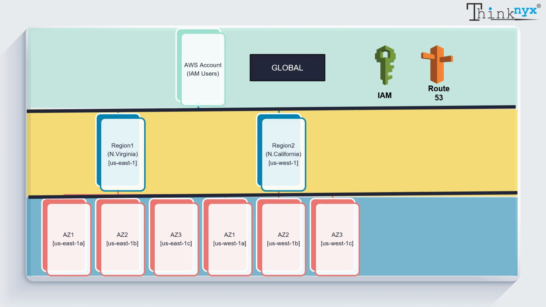Next one. Now, if we want to store a file on the cloud and it should be highly available, then S3 fits best for this. S3 is an object storage service which offers scalability, data availability, security, and performance. Next, we are going to talk about regional services. Regional services are those services which are available only in that particular region. Suppose you have created a regional service in Northern Virginia, then you cannot access this service outside this region. Say for example, we cannot access this in Northern California.